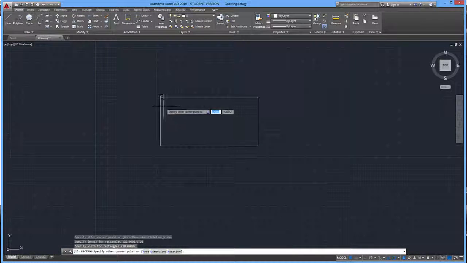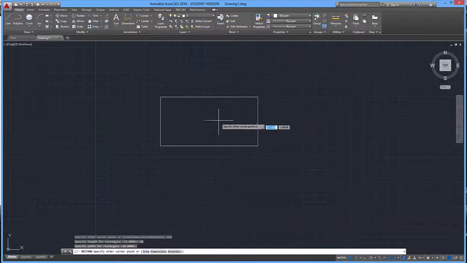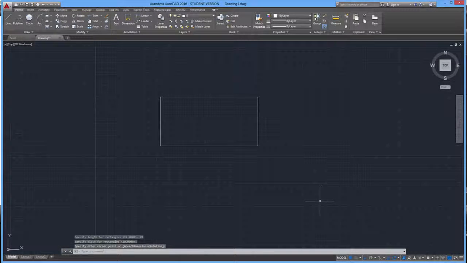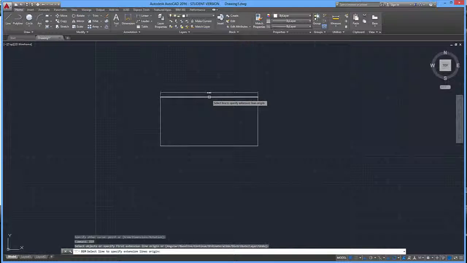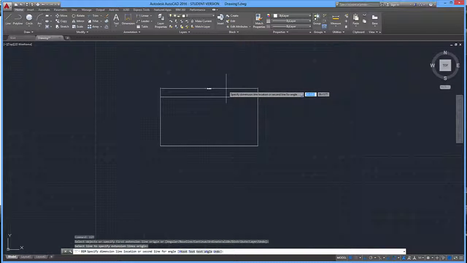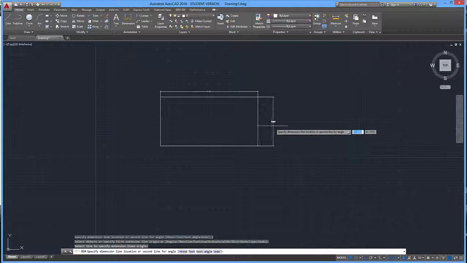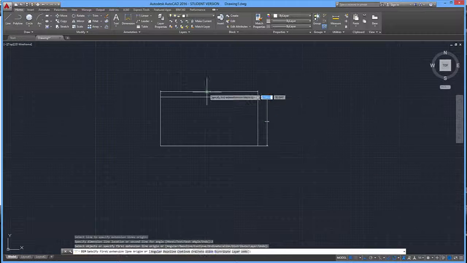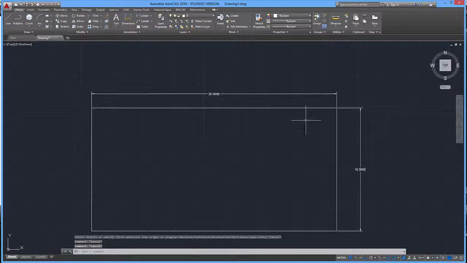And as you can see, based on where I selected that corner point, I essentially created a rectangle. And I'm able to move it where I want. So I'm going to put it over here, click on there, and now I'm going to dimension this rectangle. So DIM for dimension, enter. And I'm going to select this point. I'm going to offset this by 2, so I'm going to type in 2, enter. And same with the width. I'm going to click here, and type in 2, enter, and now both of those have been dimensioned. And if you take a look at the numbers, you have 20 and 10,